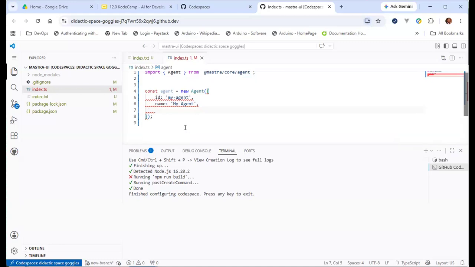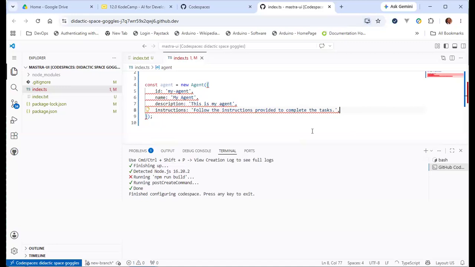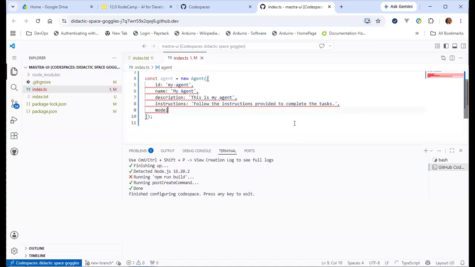The name, then the description is also required, as you can see. Then again, the instructions and model. The instructions, like I said, serve as the prompt.